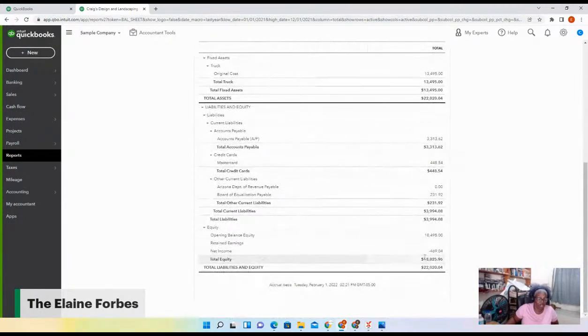Your net income flows into your balance sheet from your profit and loss. So the reason why you want to have stuff set up correctly is so that when the numbers are coming in, it flows straight through to your profit and loss. Now, this account is an equity account. That means when they start, they have some opening equity. But